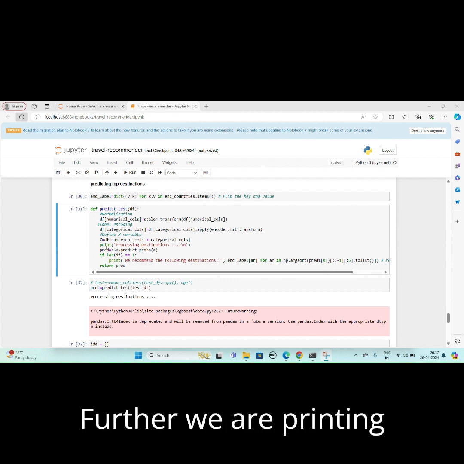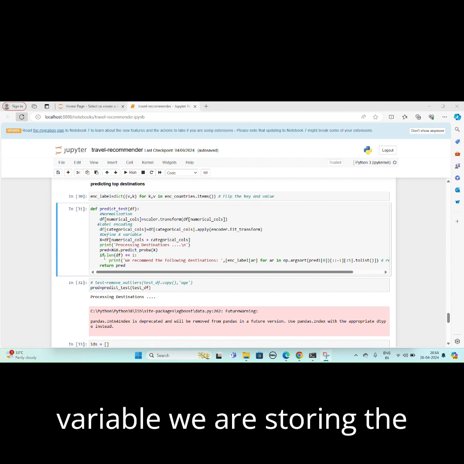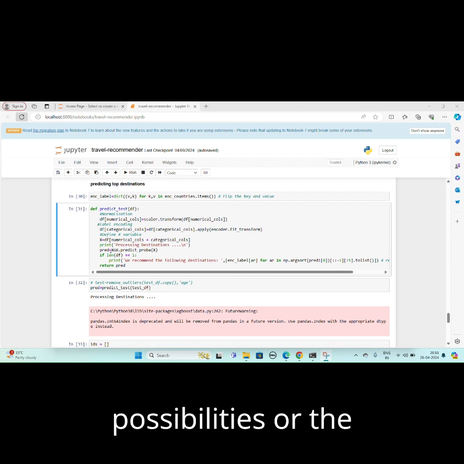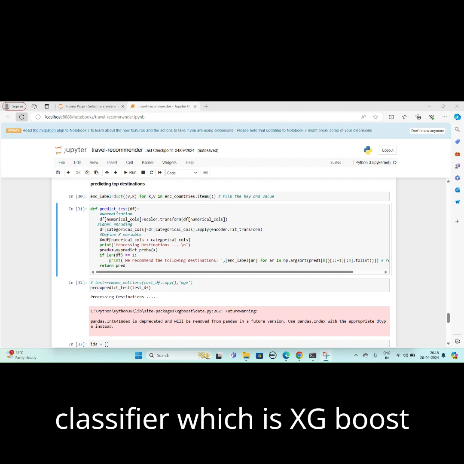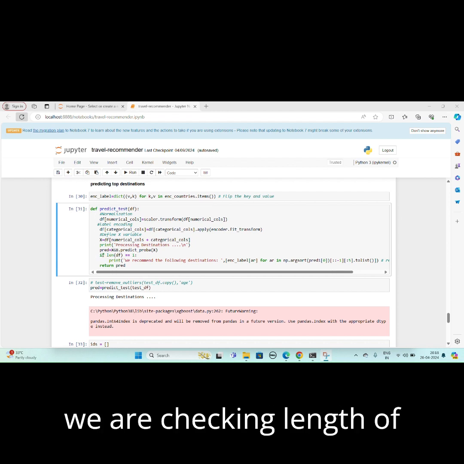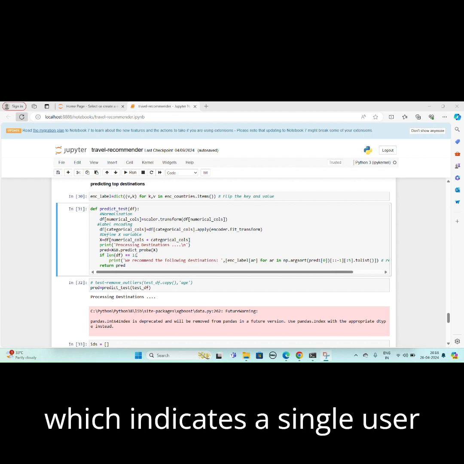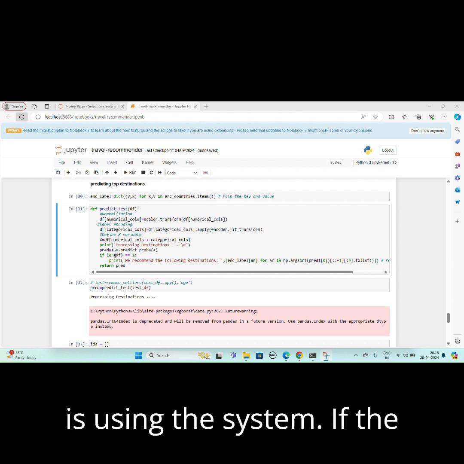Further, we are printing a processing destinations message. In the pred variable, we are storing the probabilities of the destinations using the previously trained classifier, which is XGBoost. In the if condition, we are checking if the length of the data frame is equal to 1, which indicates a single user is using the system.